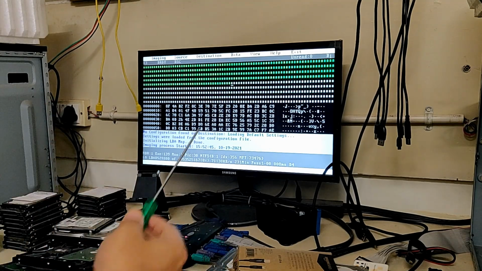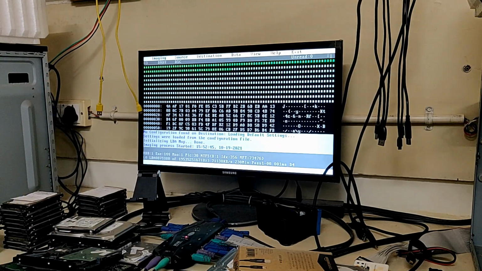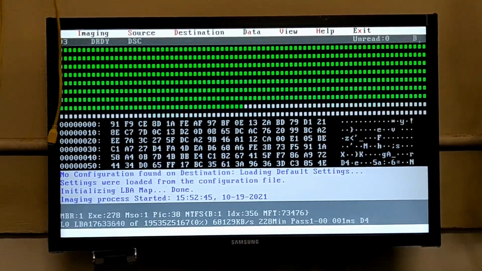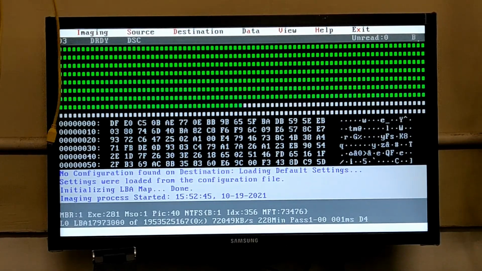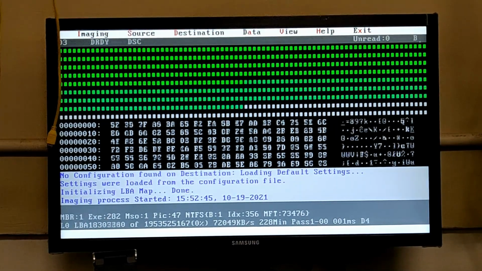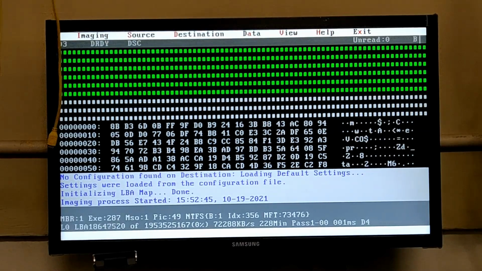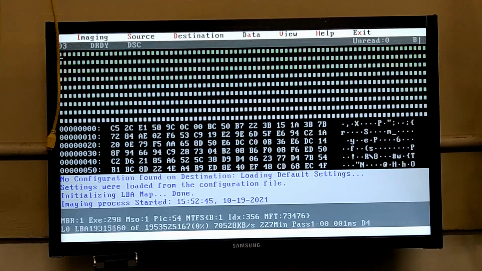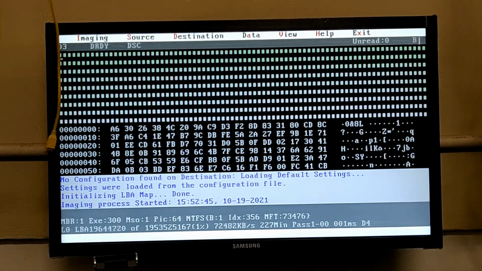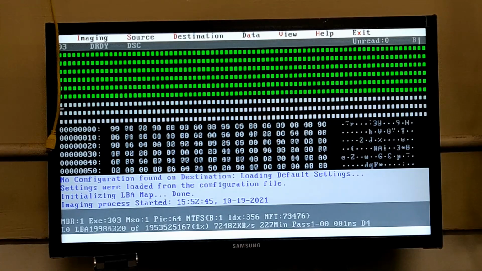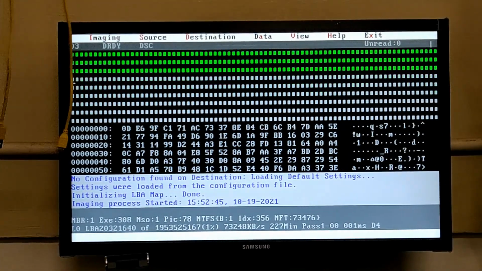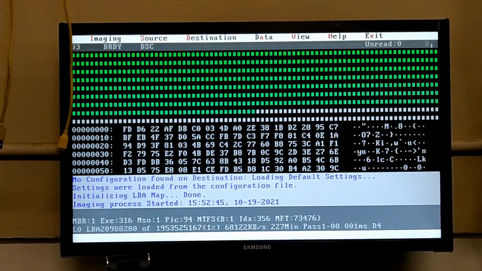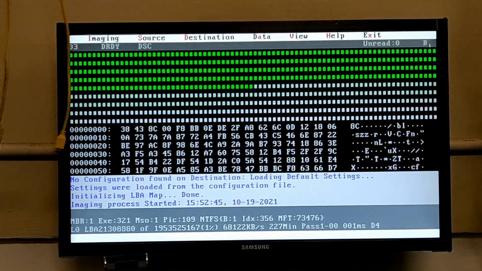So that's what's going on, and currently we have 0 unread sectors. Let's have a look. Okay, so you might be seeing that the tool is doing a good job and the hard drive is responding pretty well. And now let's see what the end result would be, because mostly I have seen that the starting sections of the hard drive are always having these weak degraded sectors, but this is not the case in this, which is a good sign. So let's see what the end result is going to be.